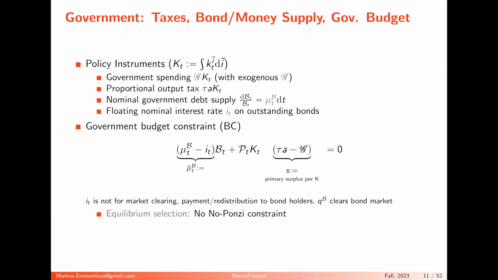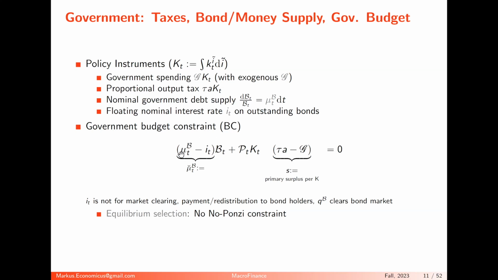So if the government has a deficit, so if the tax revenue is below the government expenditures, it has to issue more bonds. So the government has to pay interest on the existing bonds, and it can issue more bonds than it has to pay interest. Then it frees up something and can actually have a deficit here. If the government has a surplus, then it doesn't have to issue so many bonds. It first pays off the interest on the bonds, but then this can be negative.